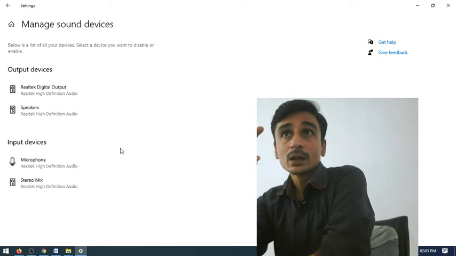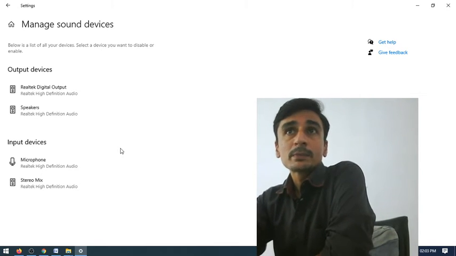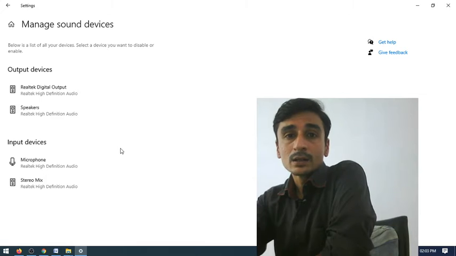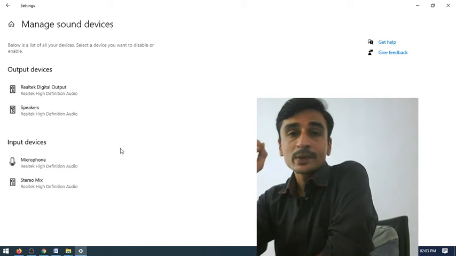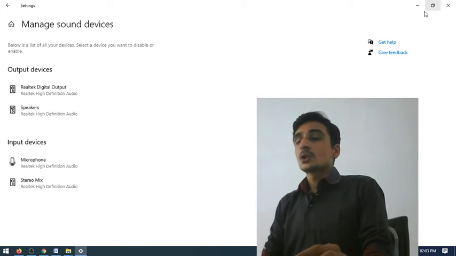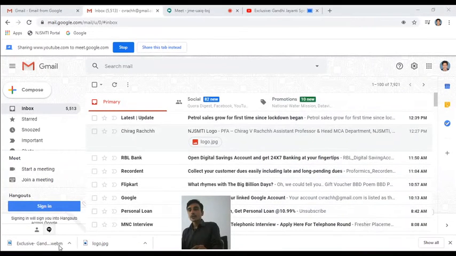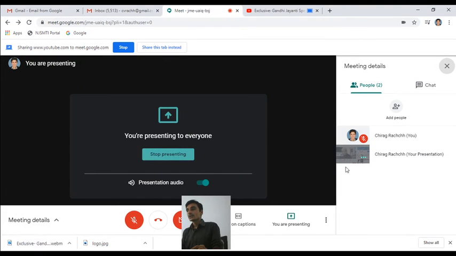While we are going to Google Meet settings and selecting the particular audio and video devices, in that dialog box, stereo mix will now appear. So, let us go to Chrome. My Chrome window. You can see here Google Meet is available.